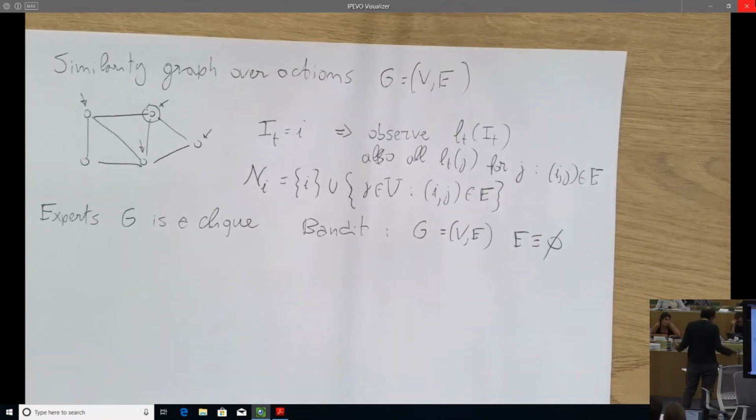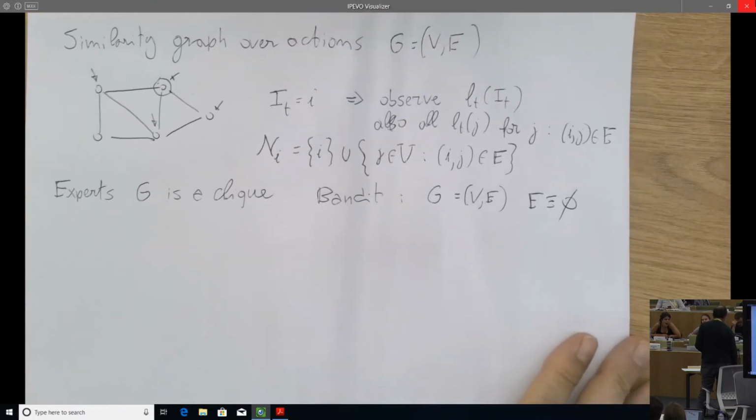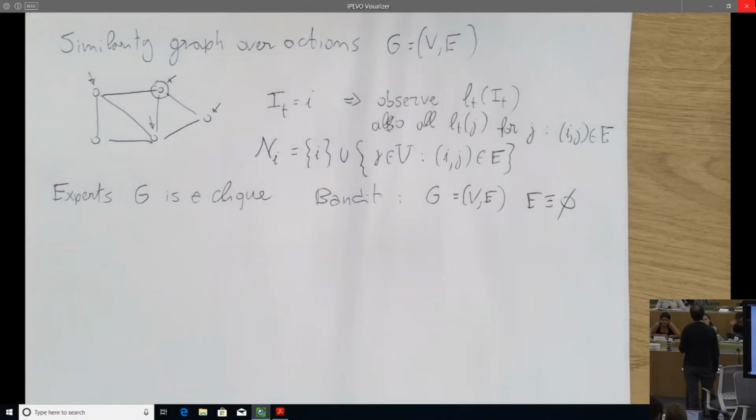So how do things change? How does the game change if we do that? Well, actually it changes very, very little, because we can take all the ideas we have already seen and just generalize them a little bit, but very, very little. Something nice will come out of this generalization. So let me work this out for you.